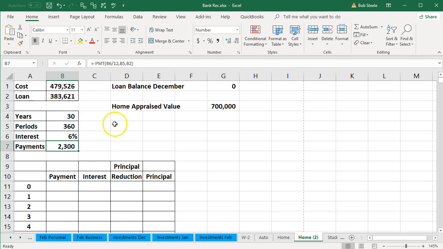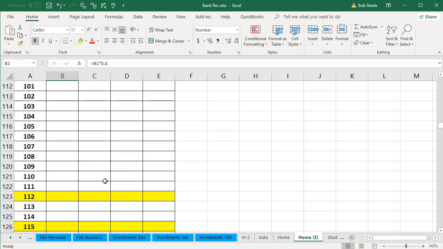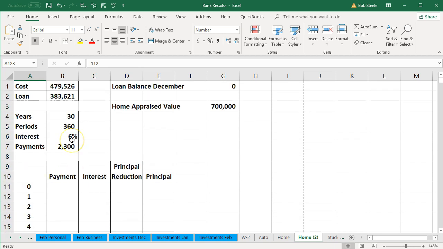Now, we have to create the amortization table from the beginning of the loan, even though we're saying we're way down here in payment number 112. So we'll get to that payment 112, but we're going to enter it as of payment 1, because that's how you make the table. So what we're going to have is the payments, the interest, the reduction in principal, and the principal. We'll start off with the loan amount, the principal of the loan.